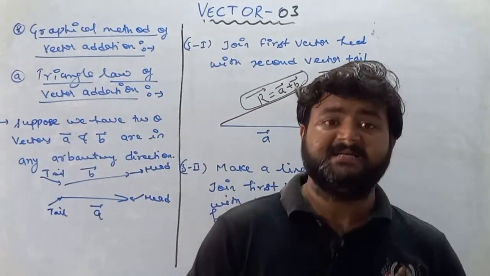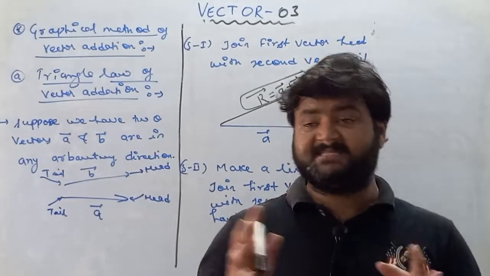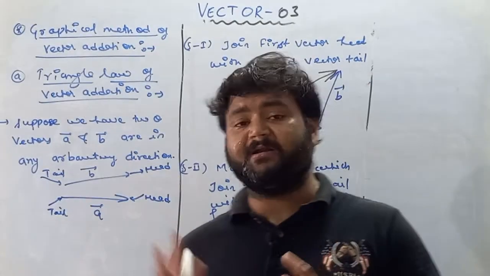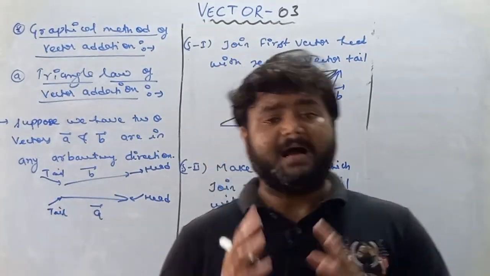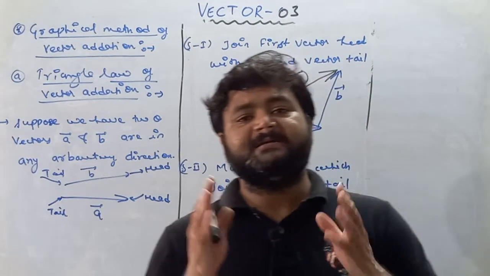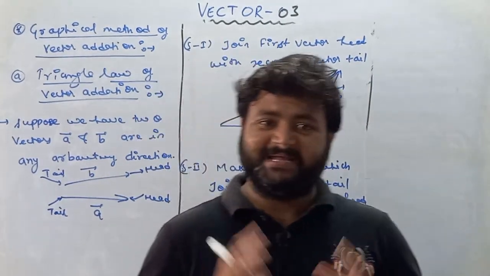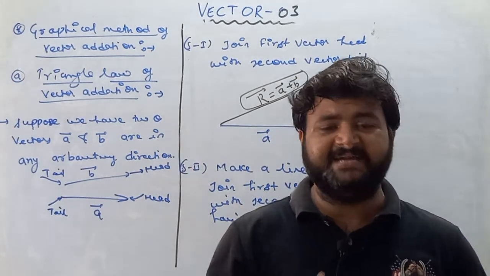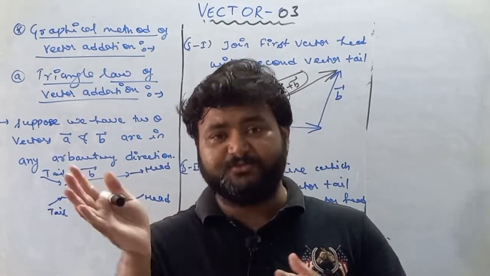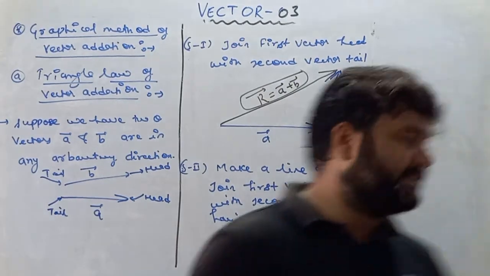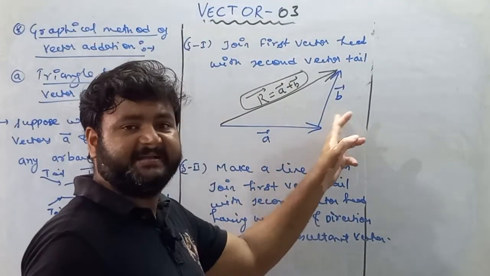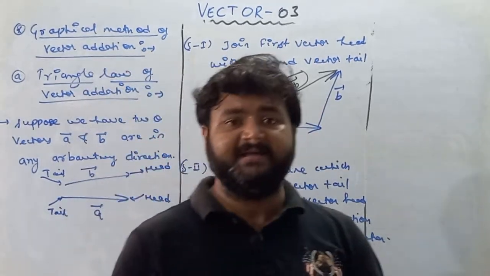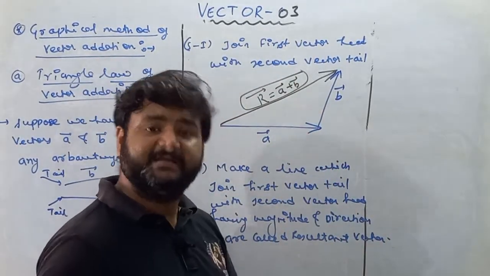So step 1 is, if you have two vectors, and this is valid only for two vectors, my dear student. Remember this thing, addition of two vectors. I'll opt for the first method to be the triangle law of vector addition, in which we have to join the first vector head with the second vector tail. So these two vectors, that is A vector and B vector, are now considered regular vectors, because if one vector head and one vector tail are joined, then both vectors are considered regular vectors.